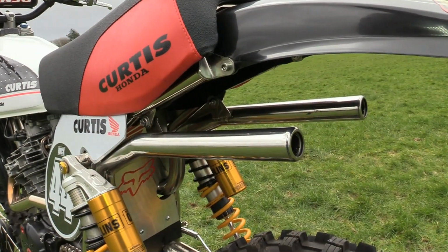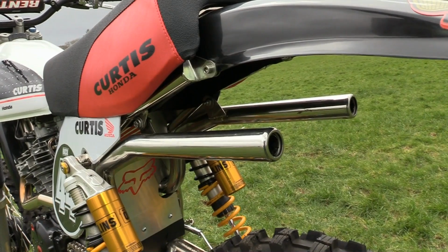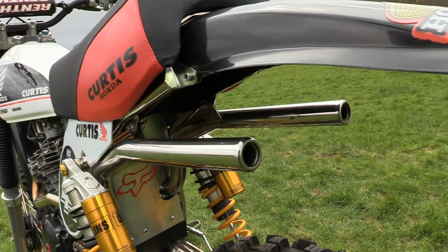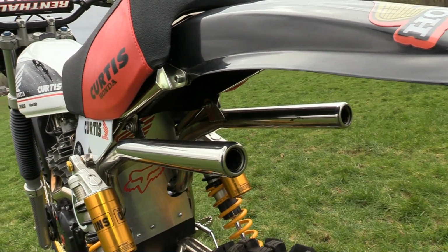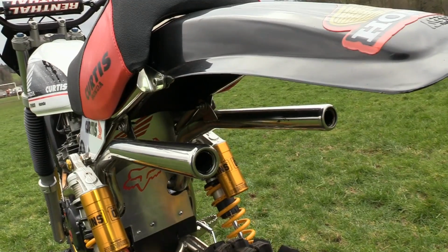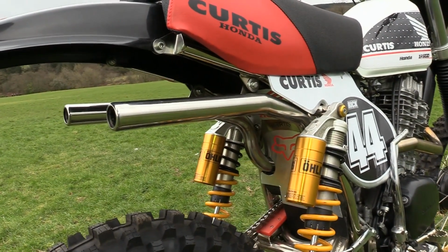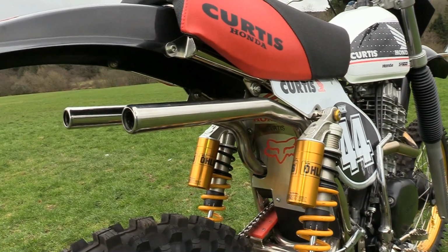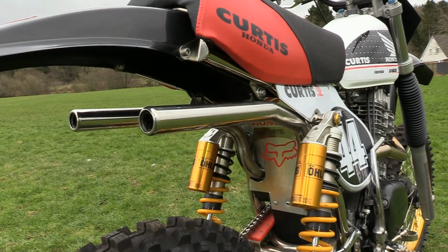Now, the stainless steel exhaust system that's fitted to this bike is certainly not available to buy in any shops or bike stores, because this system here was custom made for this particular bike by Rick's friend Barry. Now, these twin tailpipes may look like they're just straight through tailpipes, but they in actual fact do have a set of baffles fitted inside them,